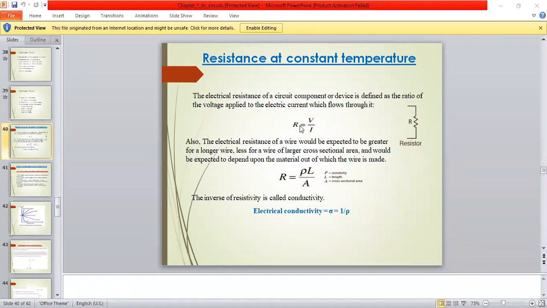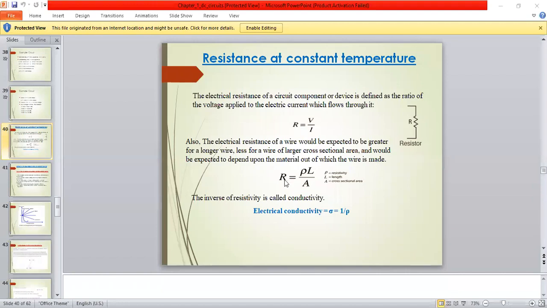so that's why it is taken as a circular form. So here if you have to apply the formula for that area, then you have to take pi r square. ठीक है, उस एरिया का फॉर्मूला लोगे पाई आर स्क्वायर लोगे, because when you cut the cross section for any wire, that is a circular shape. Okay, and would be expected to depend upon the material out of which the wire is made.